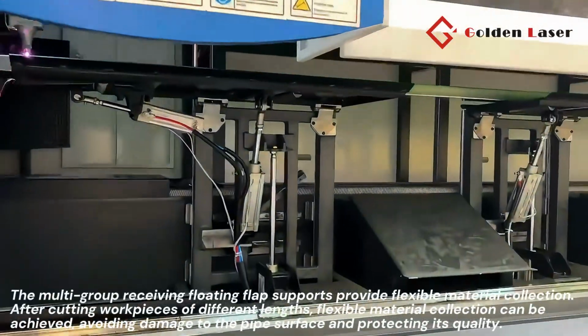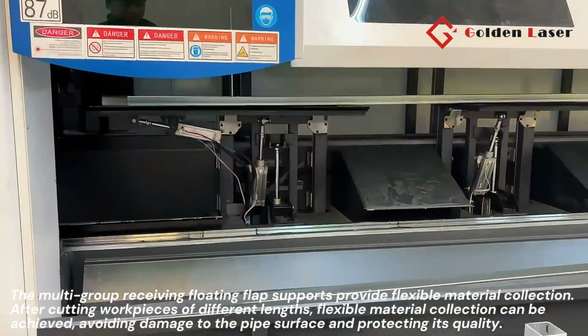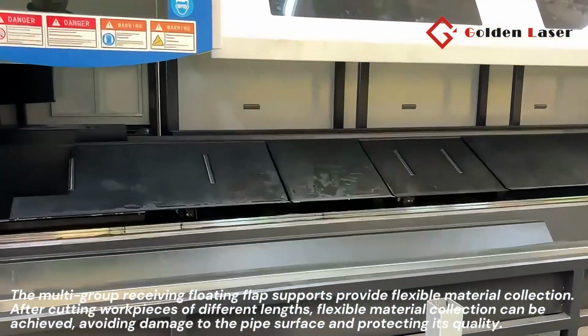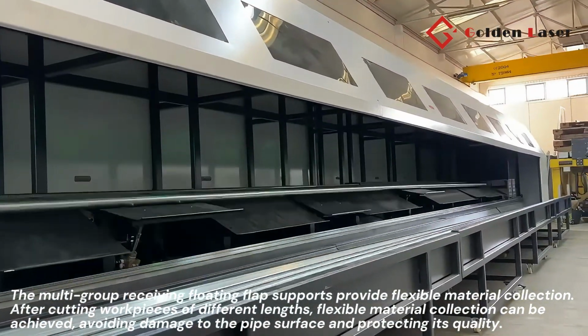The multi-group receiving floating flap supports provide flexible material collection. After cutting work pieces of different lengths, flexible material collection can be achieved, avoiding damage to the pipe surface and